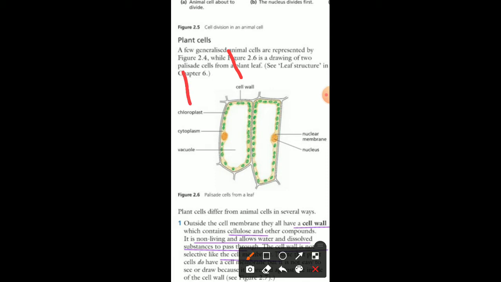Next is the case of the chloroplast. It is another huge difference between the plant and animal cell. Chloroplasts are responsible for capturing sunlight and converting it into an energy-producing form, which is basically the production of glucose and ATP, which is an energy molecule. So it has the responsibility to capture sunlight and convert it into a usable form. Also, the chloroplast is responsible for providing the cell with the green color.